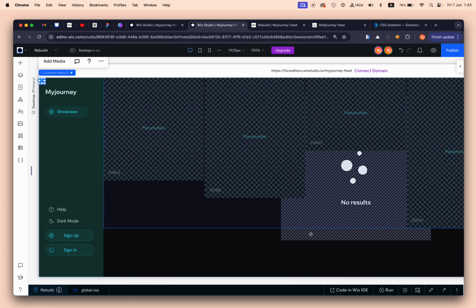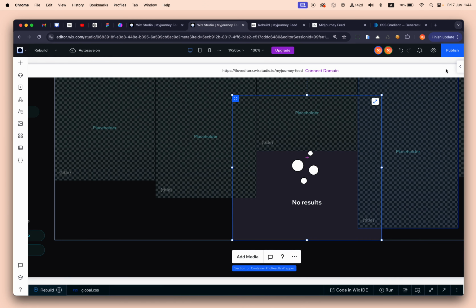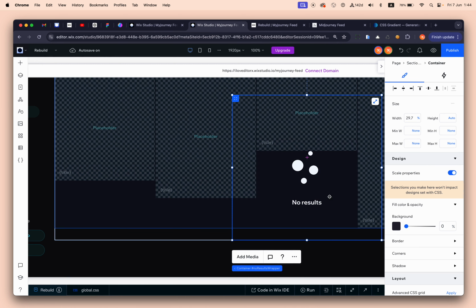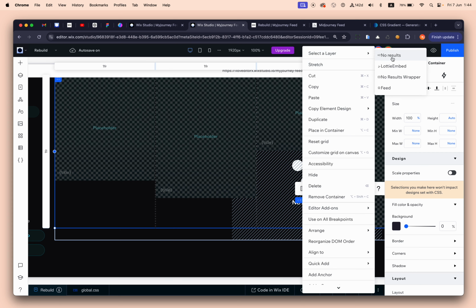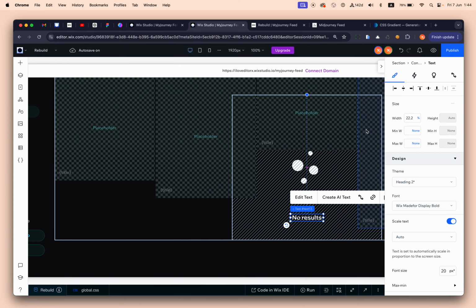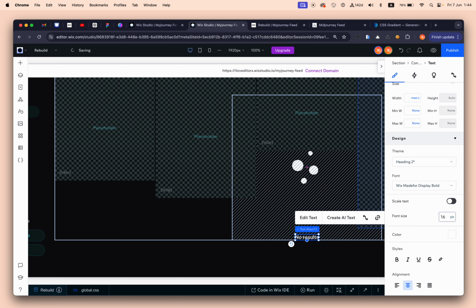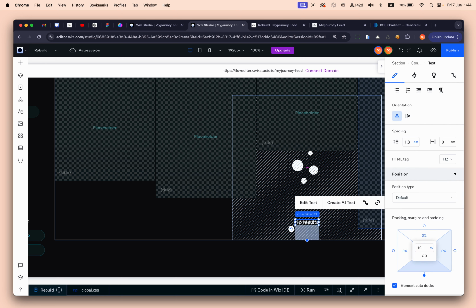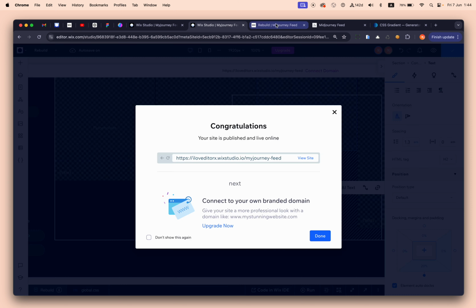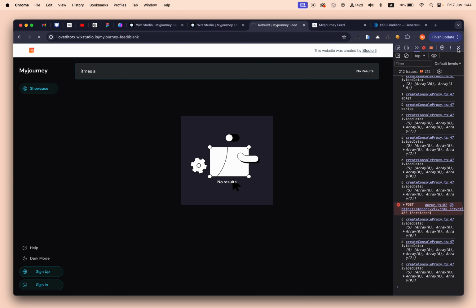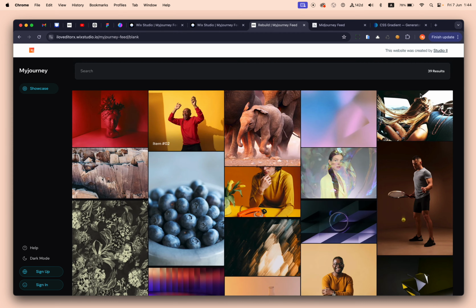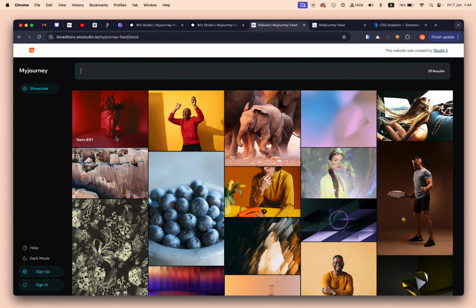I do want to remove this background color from the no results and make it maybe like this. It should be max content. I don't want it to scale. Let's do it 16 pixels and 10%, maybe 20. Okay, something like this. Okay, so 39 results. So if I change the search to 1,